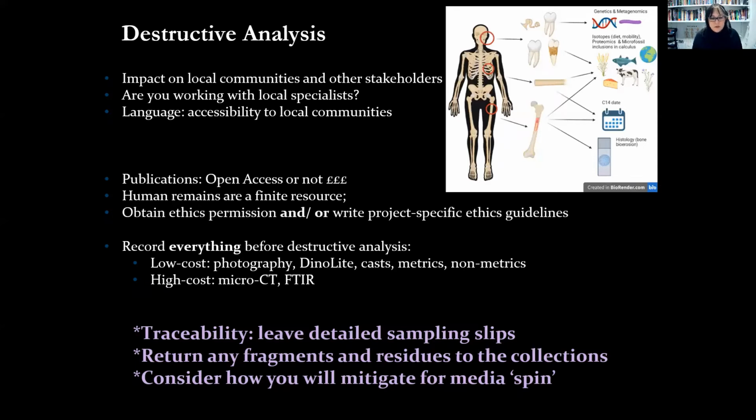There's a lot of fantastic research going on, and people aren't generally, I should say, upset about it. But you've got to get these fragments and residues back. And then consider how you're going to mitigate for media spin, because I see a lot of projects with human remains going on in various museums around the country, and whether it's destructive sampling or maybe CT scanning, so using X-ray technology to recreate something, or even facial reconstruction. Human remains are more potent for the political discussion and for ethics discussions than a lot of other